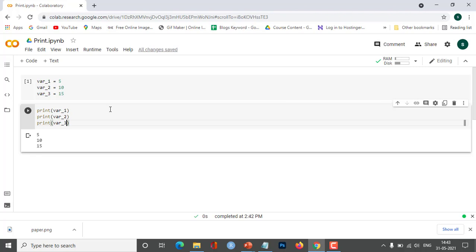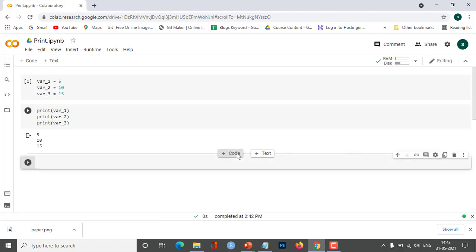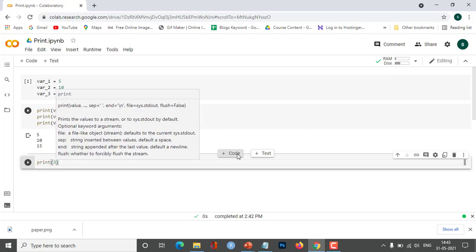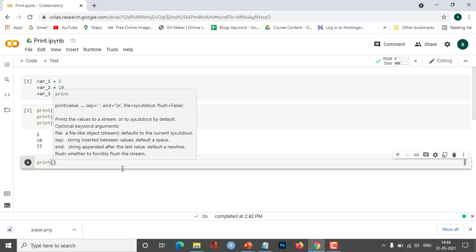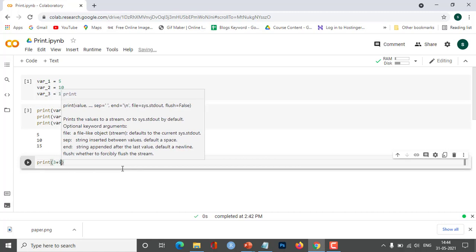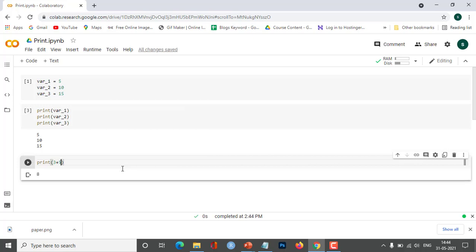Now in addition to printing a value which has been assigned to a variable, you can also use print to display a value that has been typed directly within the parentheses. So let me write a simple statement for this. Print, I can write 3 plus 5. Here you can simply write 3 plus 5, and I'll run this. You'll get the output as 8. So 3 plus 5 is 8. You can do it this way also. I'll again write 3 times 5. Now we should get the output as 15.